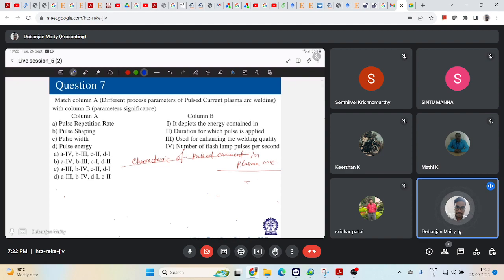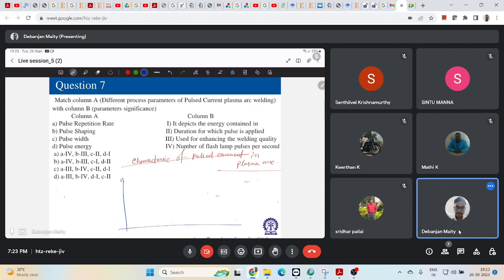Okay, before that, do you remember the concept of electron beam moving? Leave it. Anyhow, you can go through the video once again. So coming to the characteristic of pulsed current in plasma, how can we characterize